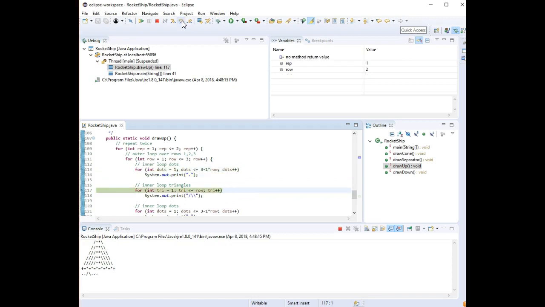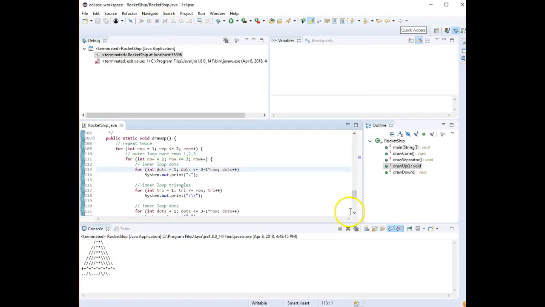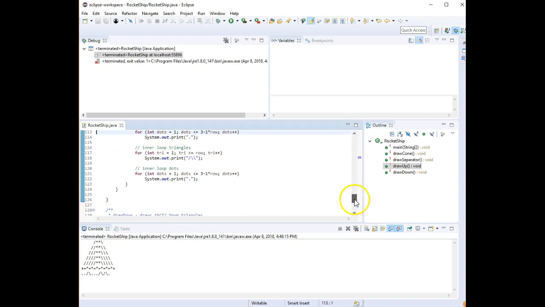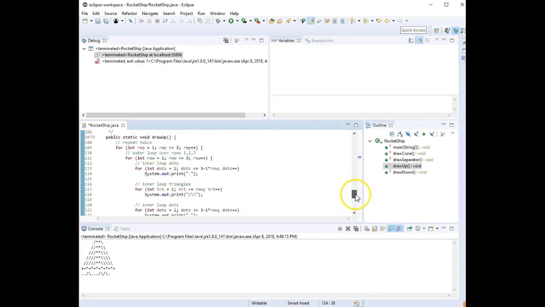And then row is 2, so we should be printing 2 triangles. Okay, so we forgot the println again, but let's just make sure this works. Yeah, okay. So let's stop this and let's fix what we can. So we forgot the println. Easy to forget. That's the println. The other thing I was going to say we forgot is if we look at the code,